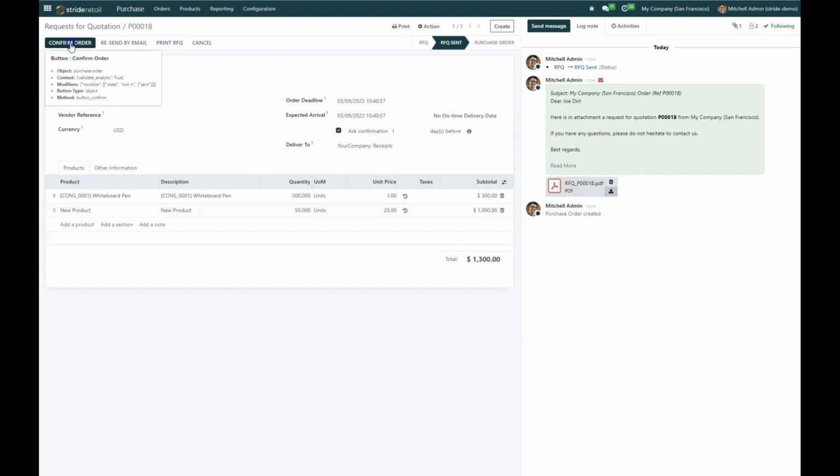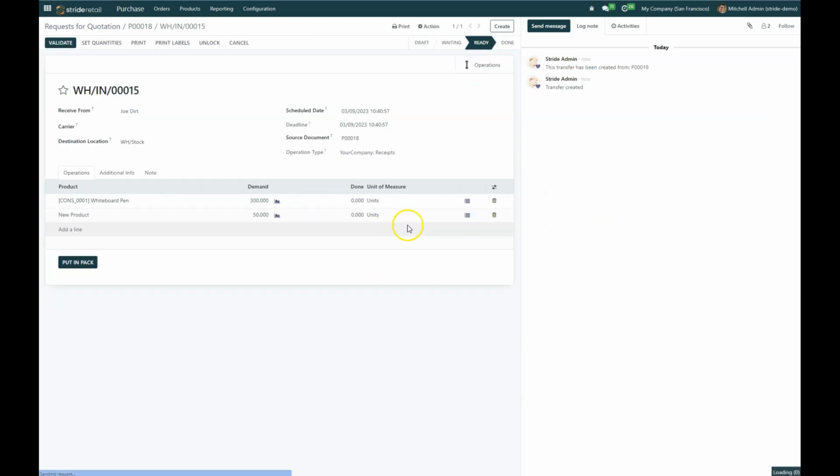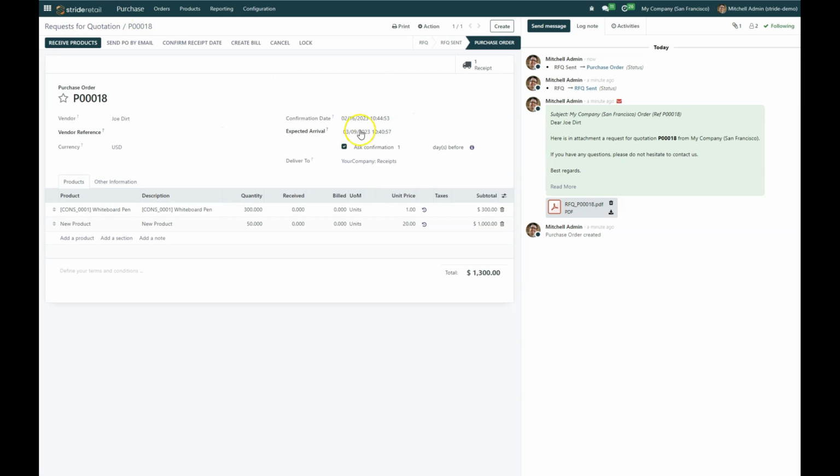We're good to go. We're just going to hit confirm order, and that will turn that RFQ into a purchase order, and you will get a notification up on this PO number 18 that says you have 1 receipt. If you click on this, you can see this is now saying this is the day it should arrive. When your receiving department gets this, they can come in and do all of their other things. We'll go over how to receive in another video, but we're going to go back to this PO,